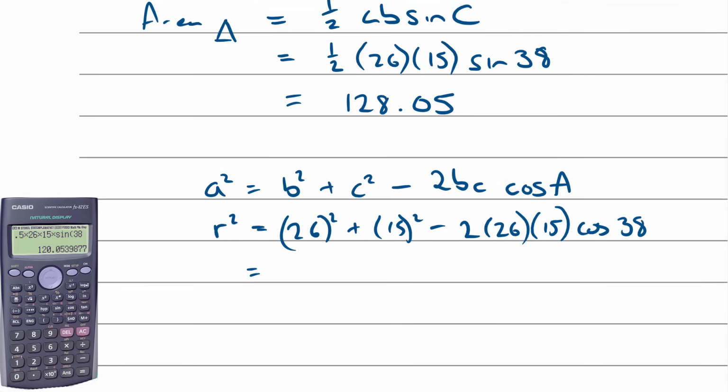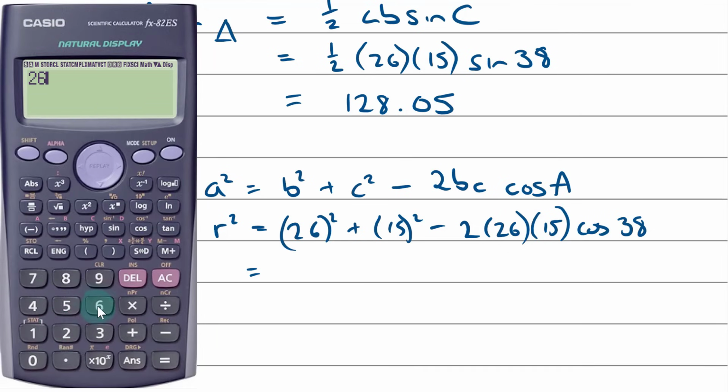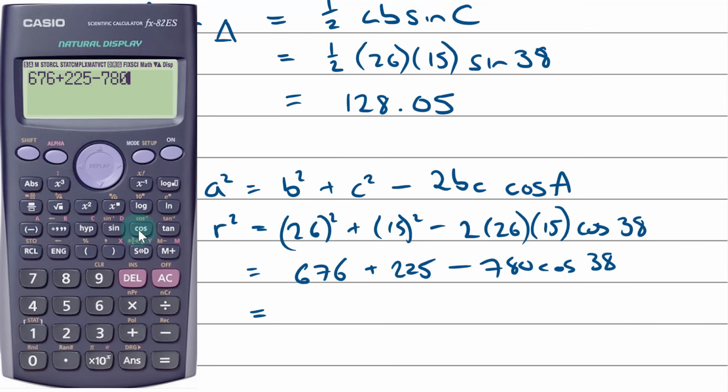So calculator time. 26 squared is 676. 15 squared. You can also just type this in all in one go if you want as well. Minus 2 times 26 times 15, 780. Cos 38. What's that then? 676 plus 225 minus 780 lots of the cosine of 38. I make that